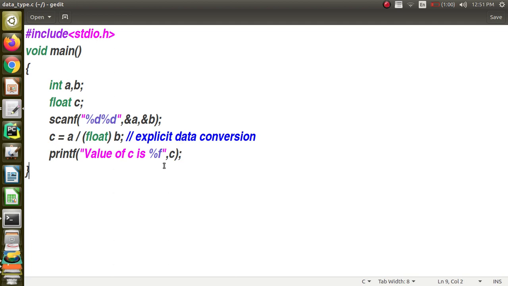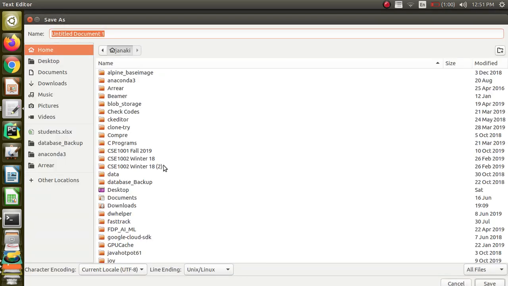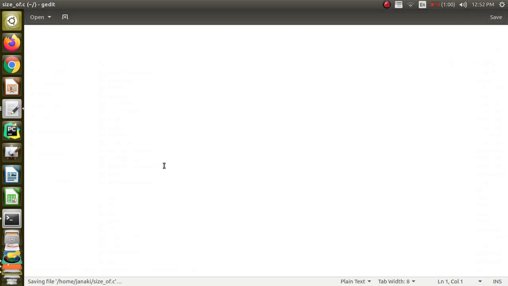Next, one more thing I want to show in this lecture is about the sizeof operator. Okay, what is sizeof? In the previous session, I was showing in the slides that 2 bytes will be allocated, 4 bytes will be allocated, depending on the machine, depending on the compiler, something like that. If you want to know how many bytes are allocated for a variable, then we can do it. Okay, so let me start. This is the header file, stdio.h, that you require for all the C programs, and then main.